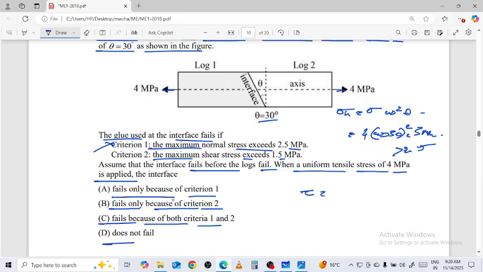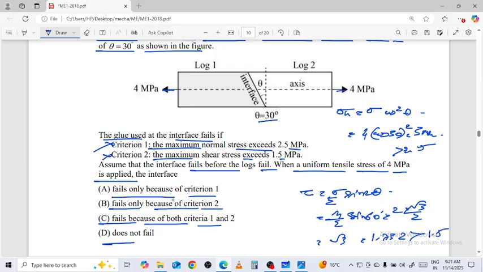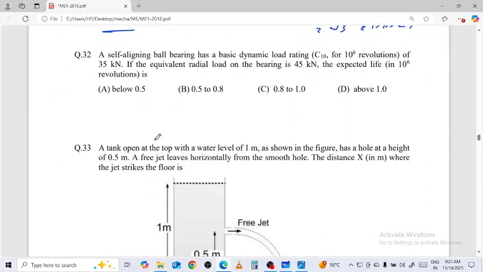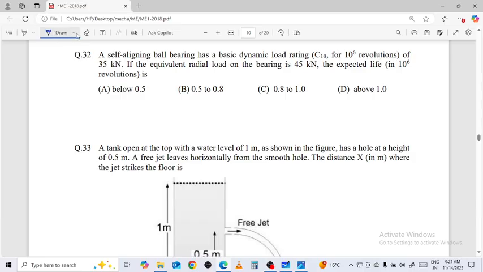टाउ की वैल्यू क्या होती है? सिग्मा अपॉन 2 साइन ऑफ 2 थीटा, तो 4/2 साइन ऑफ 60 डिग्री, 1/√3, √3, 1.732 मोर देन द 1.5। दूसरा भी गया तो दोनों जो है केस फेल हो गया। ऑप्शन नंबर सी जस्टिफाइबल हो गया। नाउ मूव अहेड फॉर द नेक्स्ट क्वेश्चन हियर।